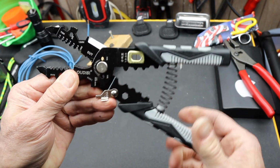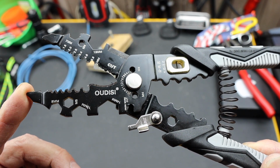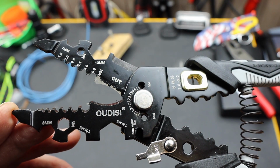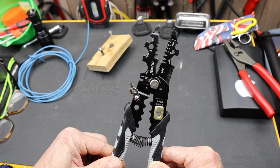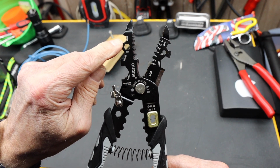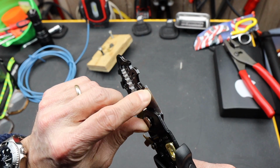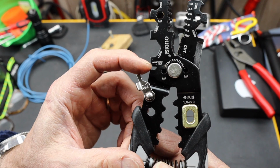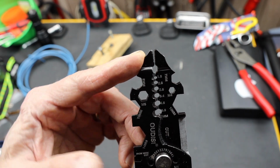So what we've got, I don't know how you say the brand, O-U-D-I-S-I, Udusi or something. It does have a little registered trademark right there for what that's worth. It's a spring-loaded pair of strippers, crimpers, with various sized kind of bolt or nut grabbing. It's got a knife here, it's got cutters in here, it's got an iron wire cutter here, it's got jaws up at the top that actually work,